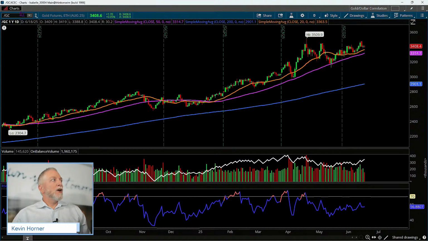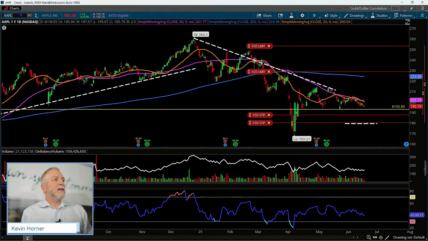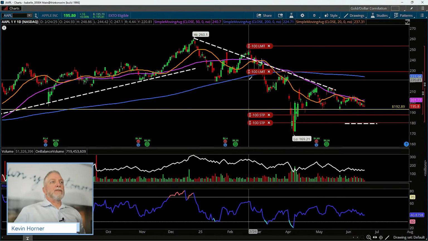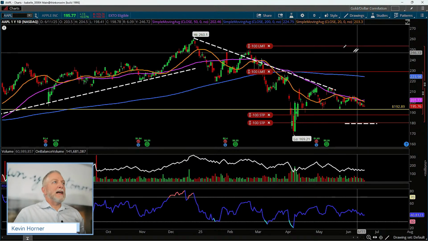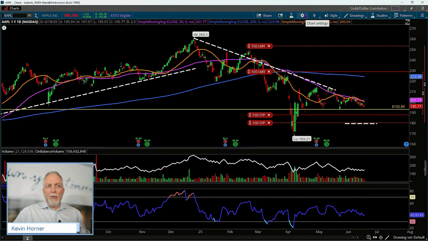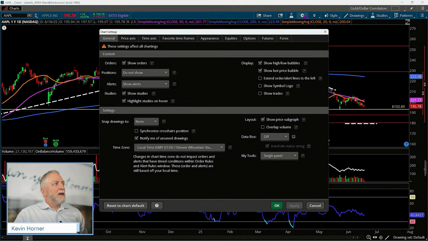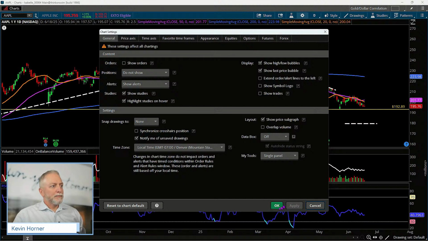Now I'm still on gold, right? So if I head back to, let's go with Apple here, just an underlying equity. You can see I've got a couple of example positions, example trades currently live. For our purposes, I want to clean this up a little bit. So I'm just going to tell it not to show me orders for the short term.